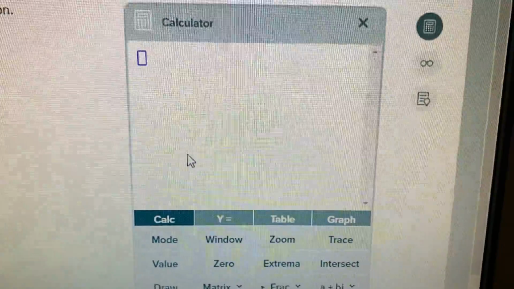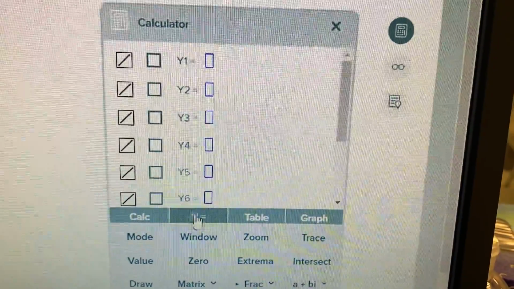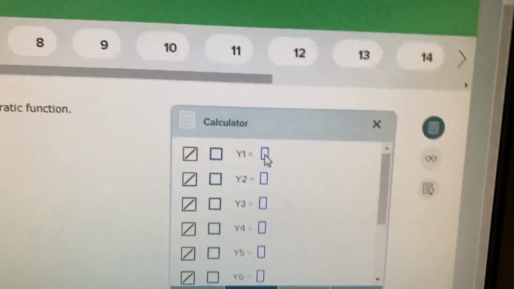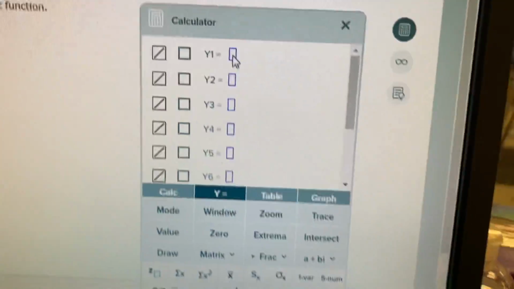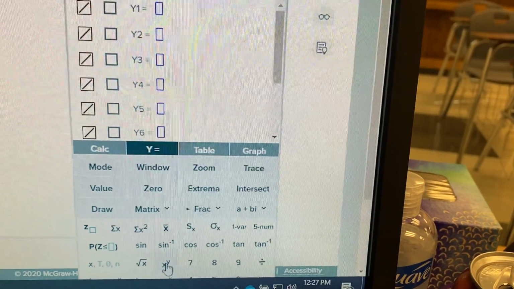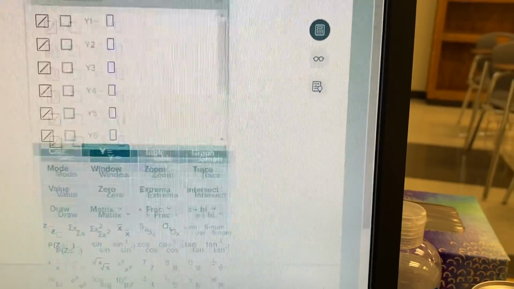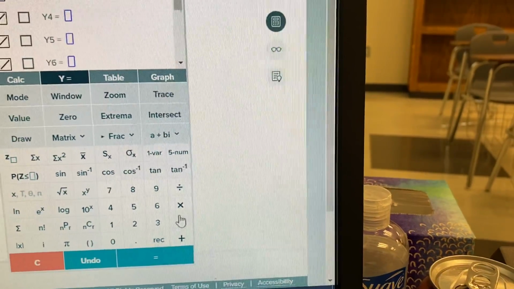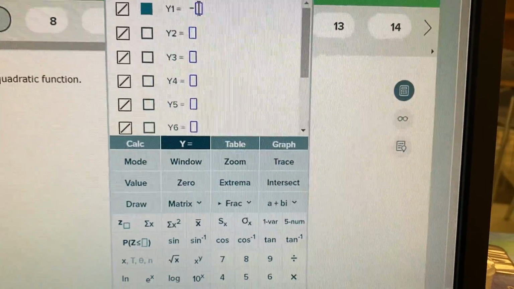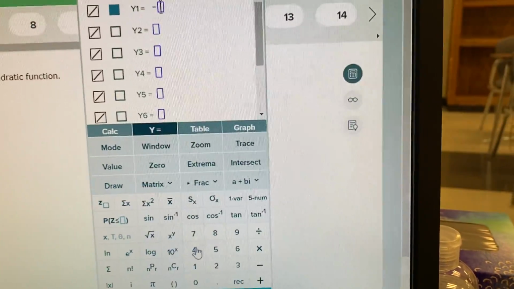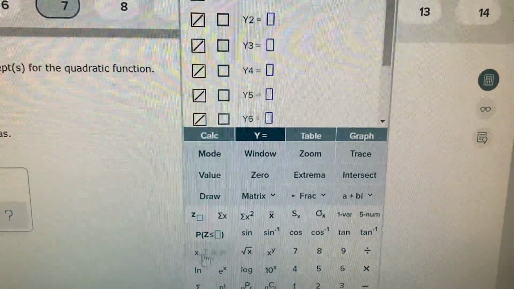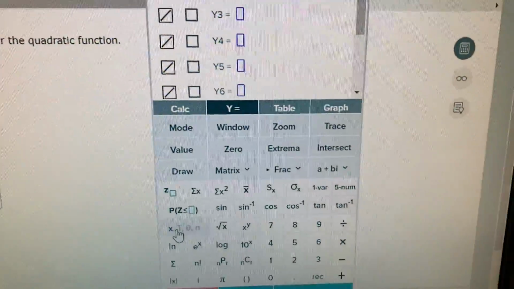So you're gonna click the y equals, there's your y equals, click that. You're gonna go up to y1, and now you're gonna type your function into that. And you can use all the keys down here to do all that. So we're gonna go negative, and negative is just gonna be, let me move my calculator up a little bit. Okay, so negative, we're just gonna use our minus button. There's not a specific negative button. So negative 4, and then go find your x, which is right there. Negative 4x, and then we need a squared,